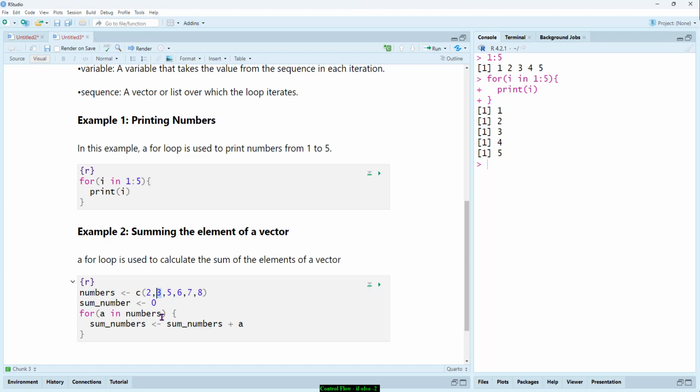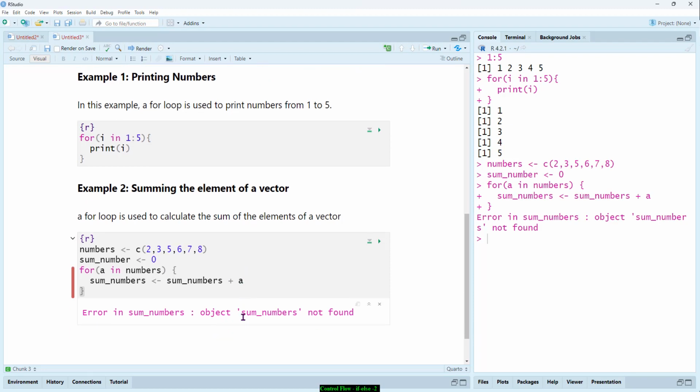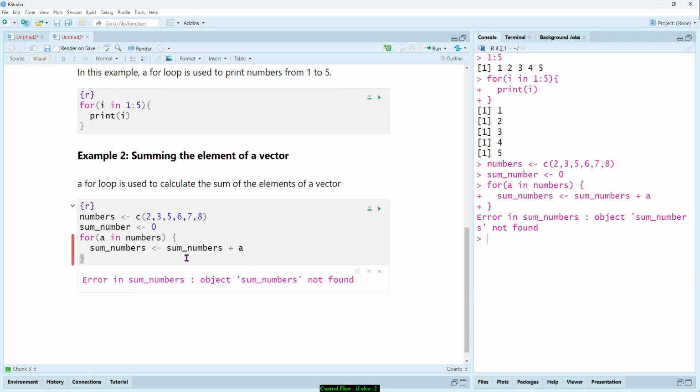tambah 3. Jadi, 5. 5 tambah 5, 10. 10 tambah 6, 16. 16 tambah 7. Right? 16 tambah 7 berapa? 16 plus 7, 23. 23 plus 8 should be 31. So, kalau kita run dekat sini, so dia akan beritahu, oops, object sum numbers, ni S tak ada so be careful. So it become,